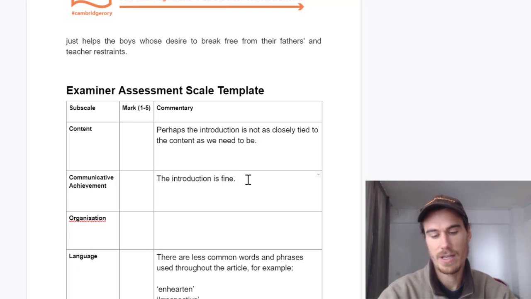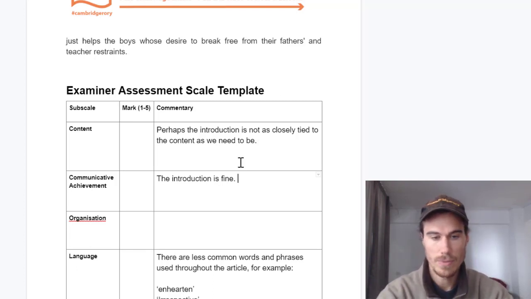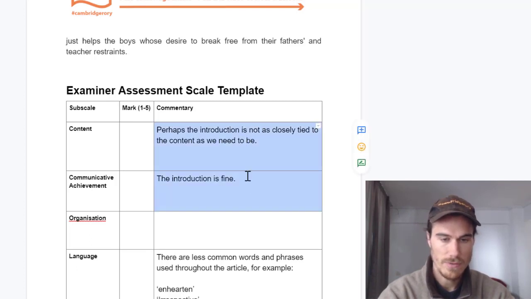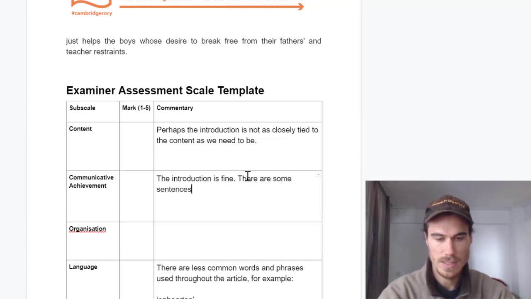So the introduction is fine in terms of its communication, but perhaps the content is not completely correct or completely accurate. There are some sentences, however,